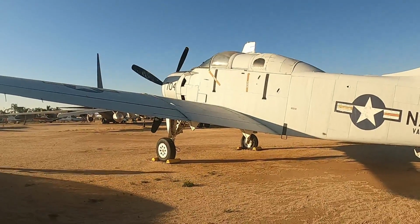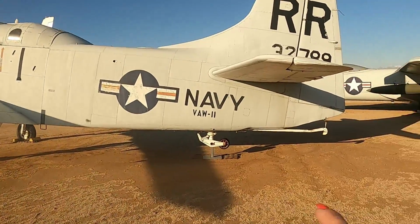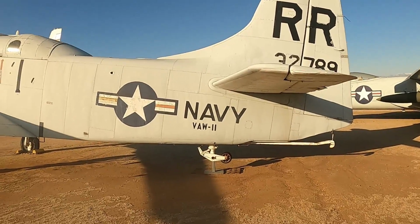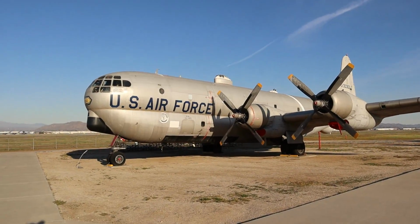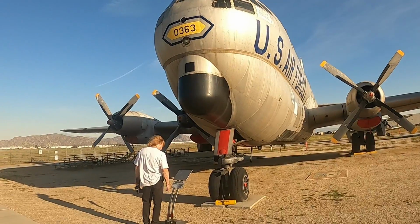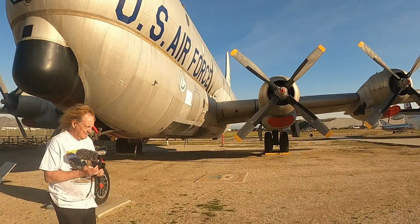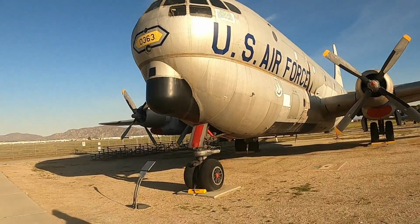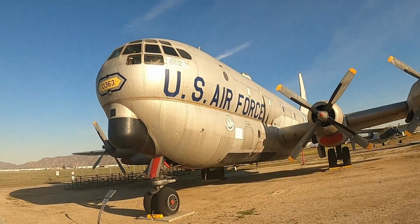So this would be on an aircraft carrier, where the wings fold up and it would land and grab the hook here to make it stop, bring it to a stop and bring the guys home. Flew in Vietnam. Retired when? It's huge. Oh my God, the magnitude of it. If it was retired in 73, that means...